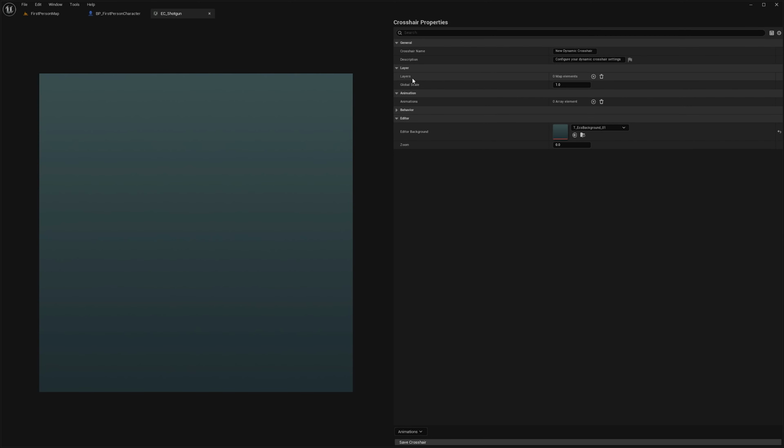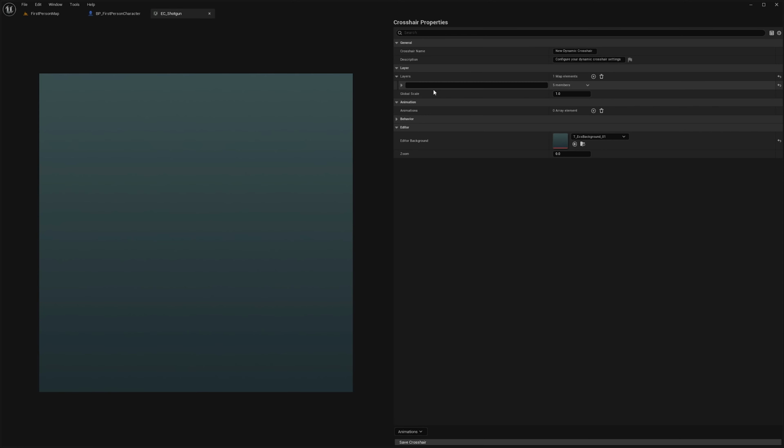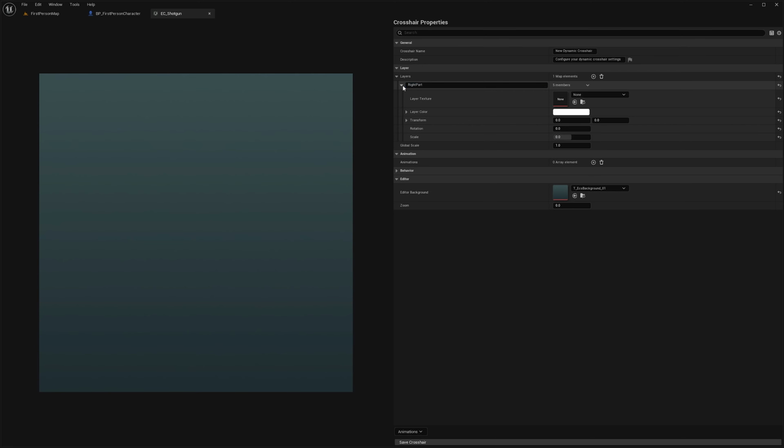Actually, the Layer System is a way to design your crosshairs and define parts of it. Okay, let's go to New Layer. I will name the first layer right layer, right part opening. And when I expand that, I will see Layer Texture, Layer Color, and Transform Rotation Scale properties, and I will tweak